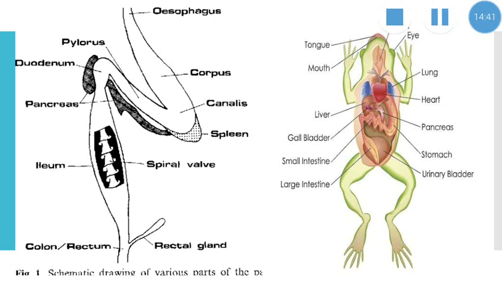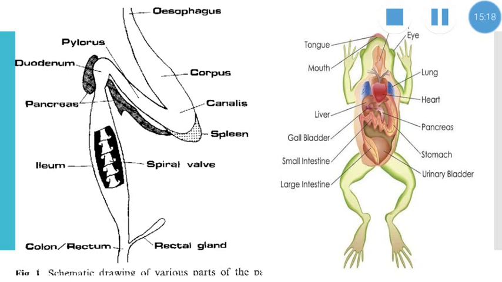But in the case of Scoliodon, the bile duct opens independently. But in the case of a frog, the bile duct passes through the pancreas to form a common bile and pancreatic duct. In the case of Scoliodon, the pancreas is an elongated bilobed gland. It lies between the cardiac and pyloric parts of the stomach. The pancreatic duct opens independently into the beginning of the intestine. So here the pancreas also opens independently, that is, in the beginning of the intestine.